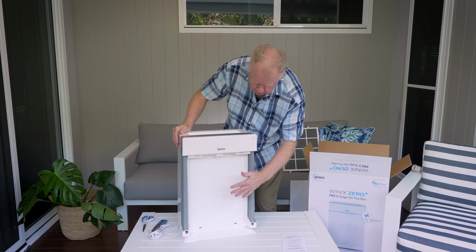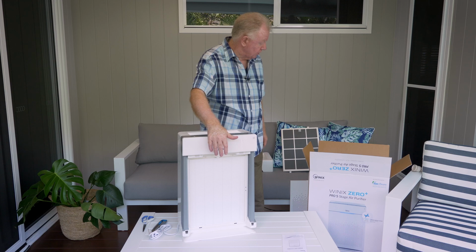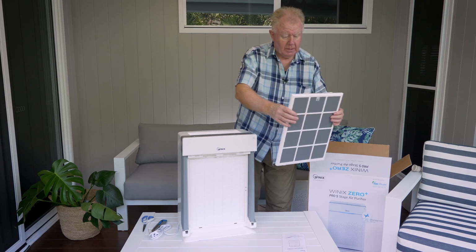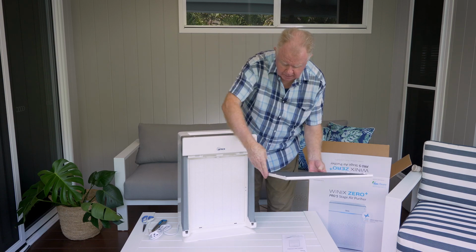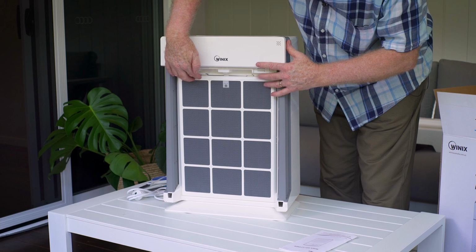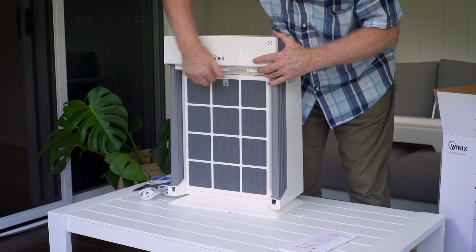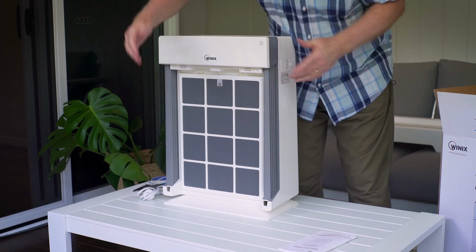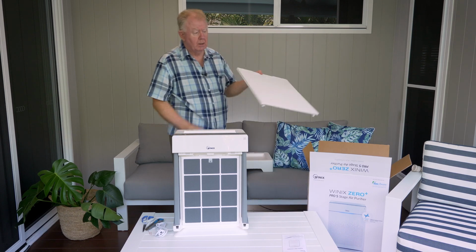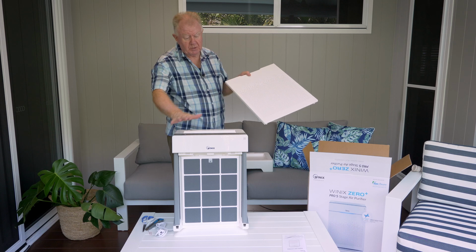And a lovely stark white colour. That'll change in time, of course, as it removes a lot of the pollutants from the air. Again, here we go, this fits in neatly. A couple little holes at the bottom. Push it in, you've got your little lugs at the top to push in. Okay. Now, normally we could just put the front on the back onto the front of the machine simply, but